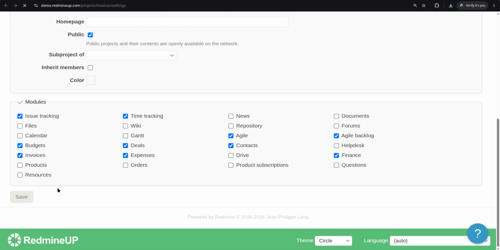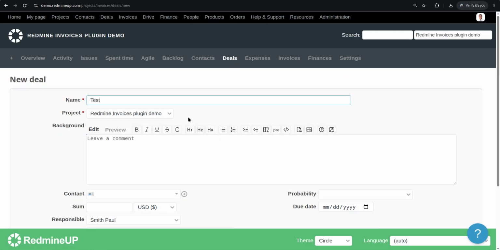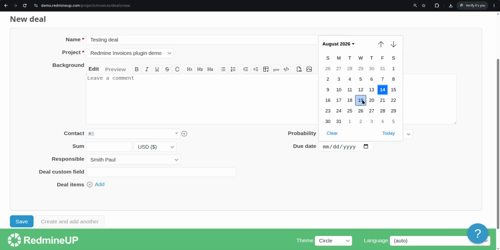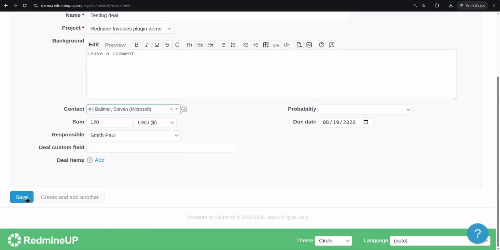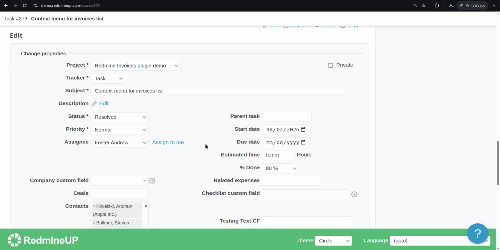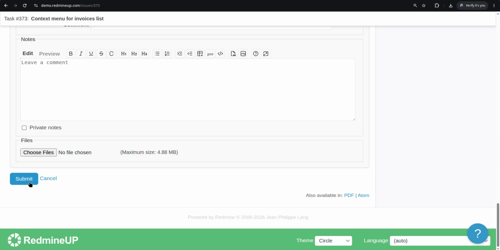We enable this, save the changes, and create one deal, testing deal, okay, and put it, actually it is not required, but we can put a due date and sum, of course, $120, responsible guy as a user, contact Steven Ballmer, and create our testing deal. Good, so we edit again our ticket, and as available deals we have the one that we have created, $120. So we apply our changes,